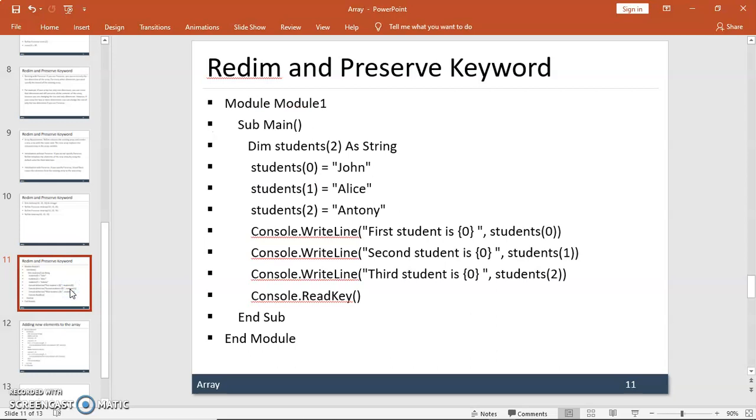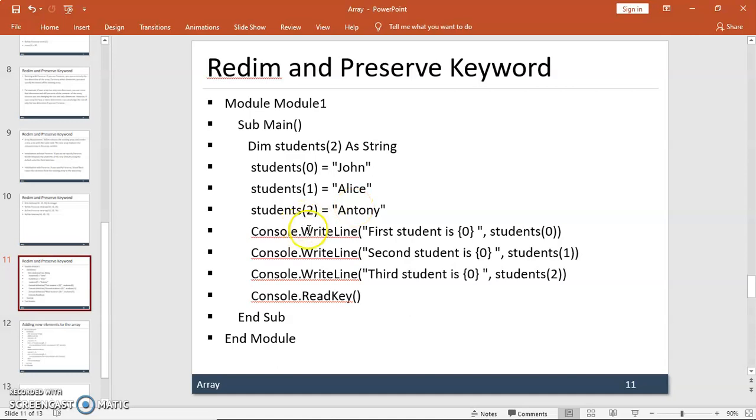This is an example program to print the values of an array to the console. Here we declare a string array of size 3. At the 0th index John is stored, at the first index Alice is stored, and at the third index the value Anthony is stored.